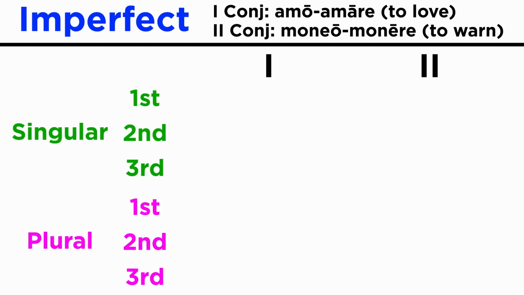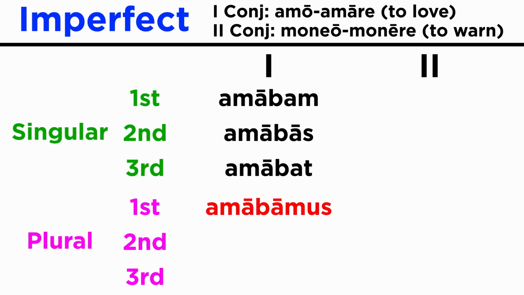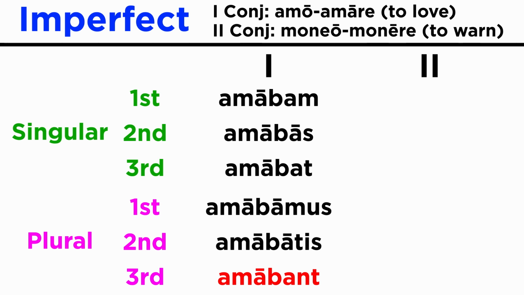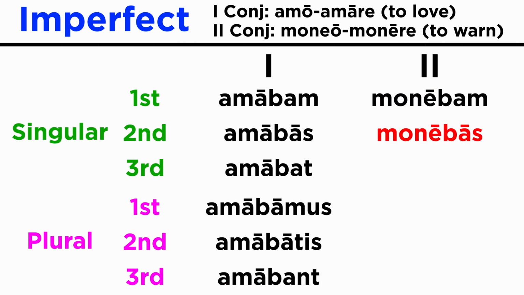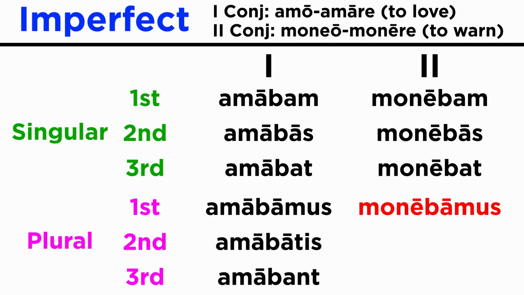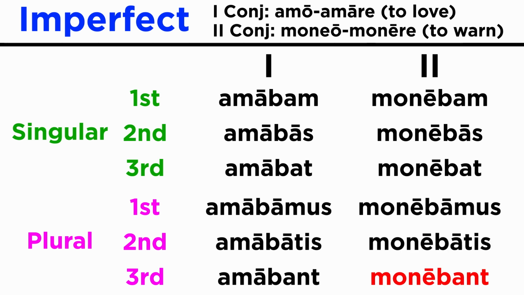Here are the forms for the first and second conjugation using amo, amare, and moneo, monere as our sample verbs. Amabam, amabas, amabat, amabamus, amabatis, amabant. Monebam, monebas, monebat, monebamus, monebatis, monebant. As you can see, the forms are fairly easy to memorize, but notice that the first person singular